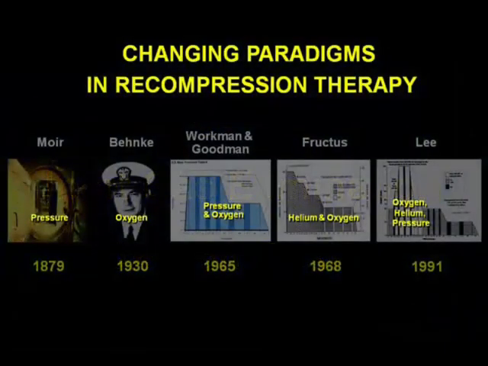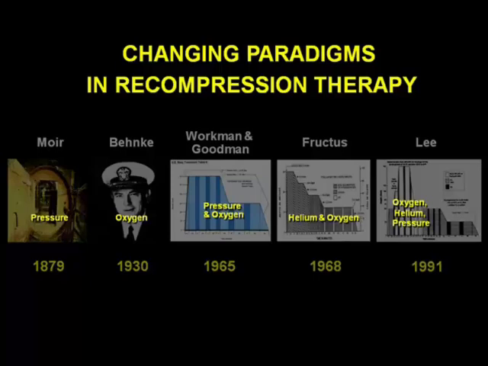Since 1879, when pressure was first used by Ernest Moyer in treatment of tunnel workers building the Hudson Tunnel in New York, many of whom died, he actually proclaimed rather cynically that he believed that the treatment he offered, which was air compression, was homeopathic. In other words, he was treating people in the way in which the disease had actually originated. Nevertheless, he was able to drop the mortality rate significantly, and subsequently it was understood that slowing decompression had the benefit of allowing people to avoid bubble-related complications.